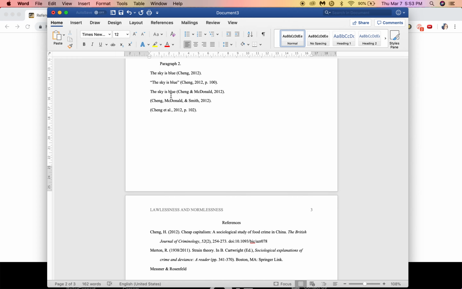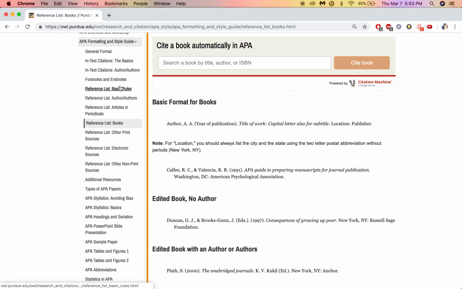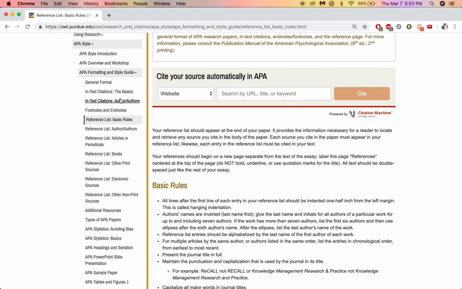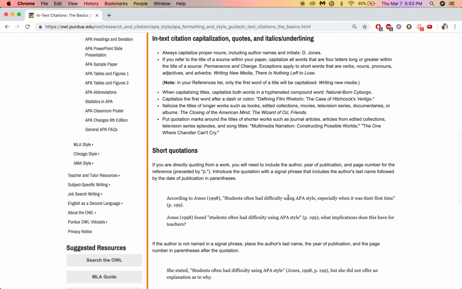If this is confusing, there are instructions on Purdue OWL, and it does talk about in-text citations, I believe. Maybe it's in basic rules. Oh, in-text citations, the basics here. Okay, so all of this info is here. You guys can read through this if you're confused. Okay,